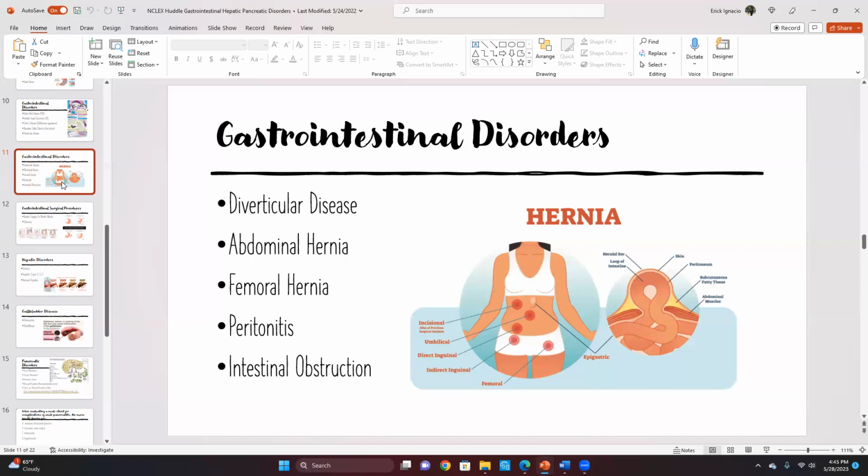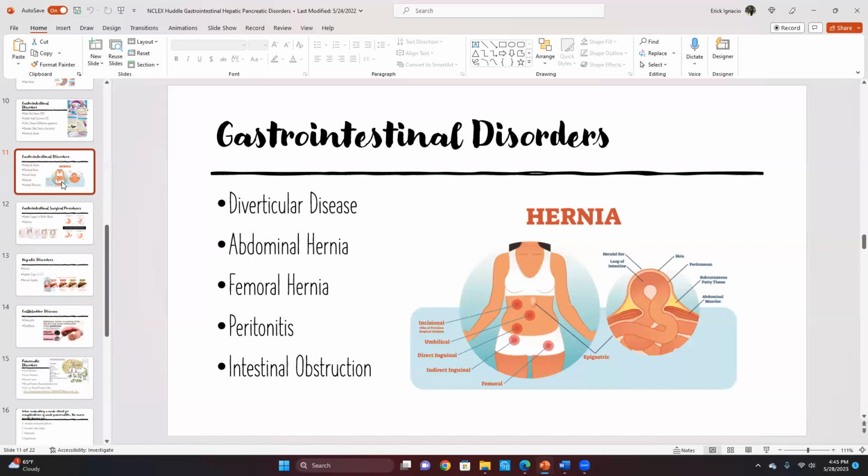So that involves looking at the stool. There's a breath test to monitor for H. pylori. There's also the endoscopy, where we're actually visualizing the tissues with a flexible camera. There is the barium swallow. We can do an upper GI series, which is the barium swallow, or a lower GI series, which is the